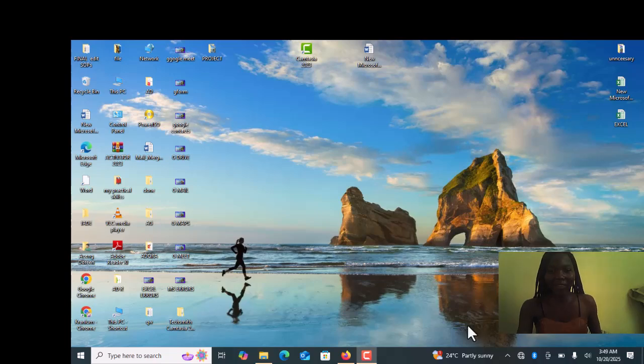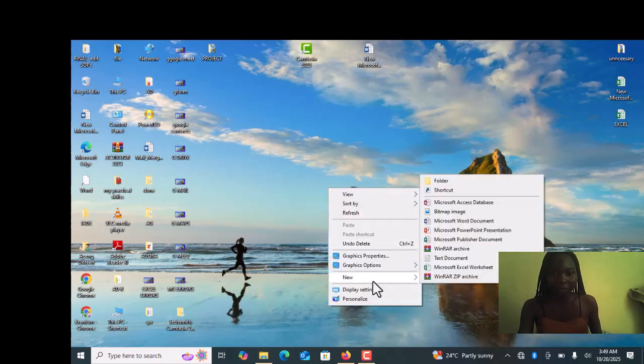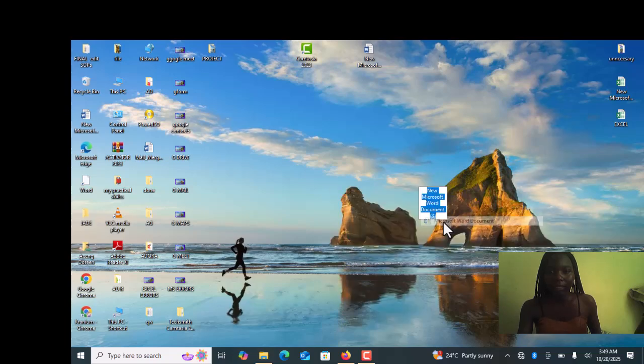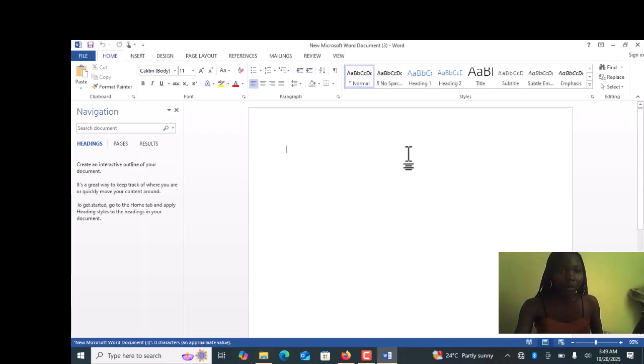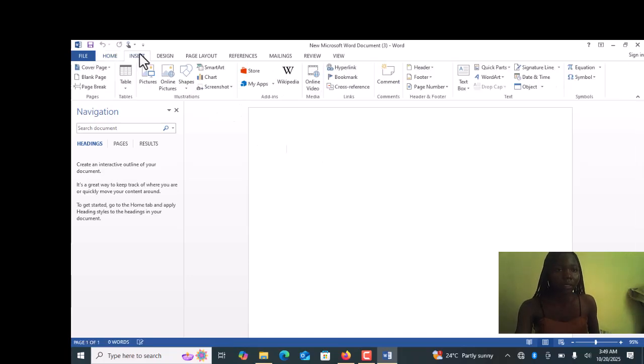Today I'm going to take you through list of figures, how you can make list of figures. So without wasting your time, you're going to open Microsoft Word. After opening, you'll go to insert. You insert a blank space, then on it you